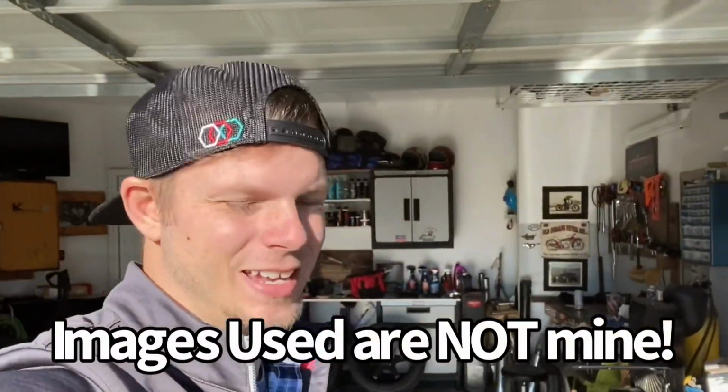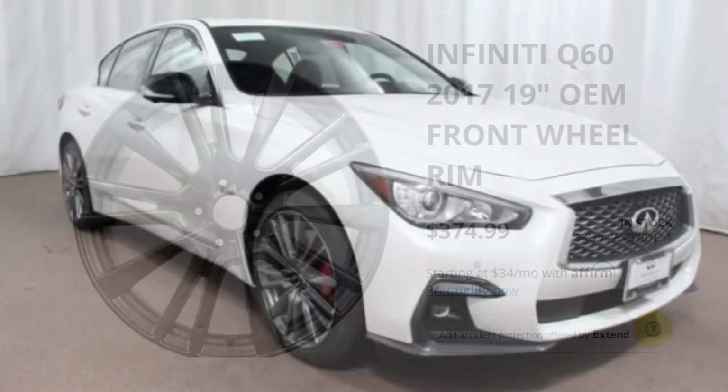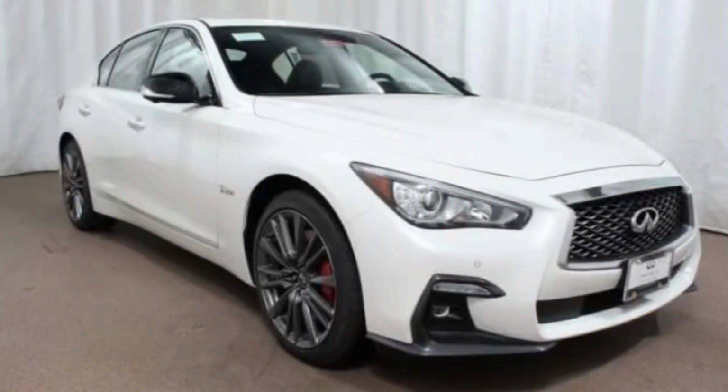We'll start with my favorites, and then we'll get into the wheels that I can't stand. So we're starting with the Q50 Red Sport wheels. I'm not sure which years these all cover, but 2017 for sure. I like the look of them. They're not my favorite, but I think they're some of the nicer wheels that Nissan and Infiniti has used in